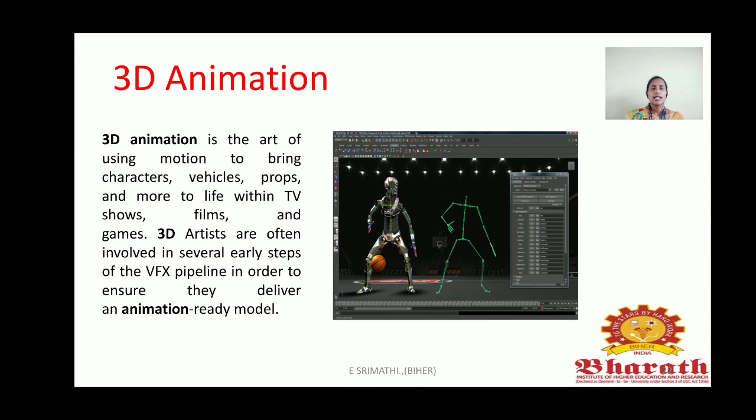Whatever objects you have created will work on it, so that the movement of those objects will be just like how a person moves.